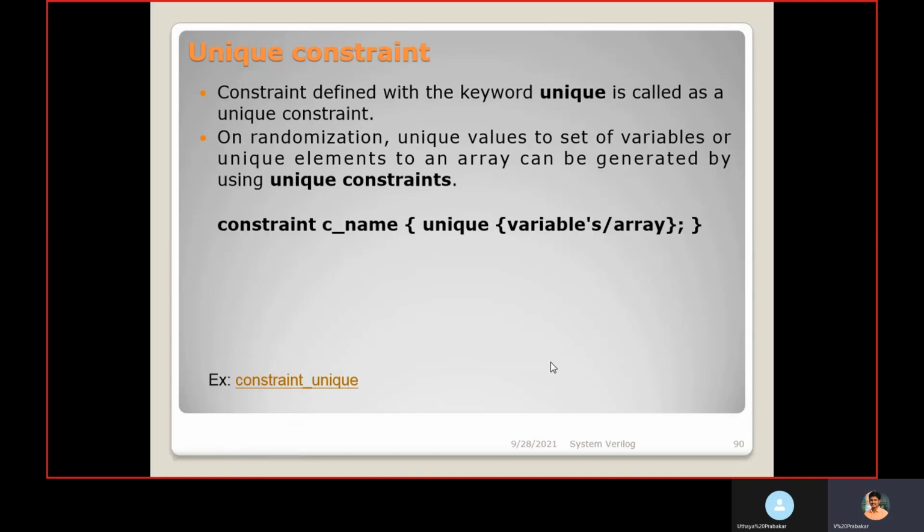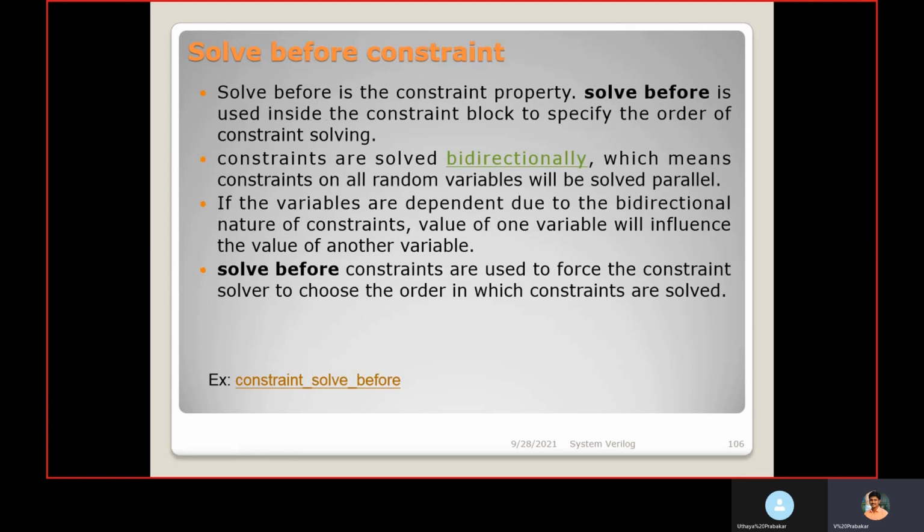Then solve before constraint. Solve before is a constraint property. Solve before is used inside the constraint block to specify the order of constraint solving. Constraints are solved bidirectionally. That means if you mention more than one constraint, both constraints happen at the same time; all random variables will be solved in parallel.